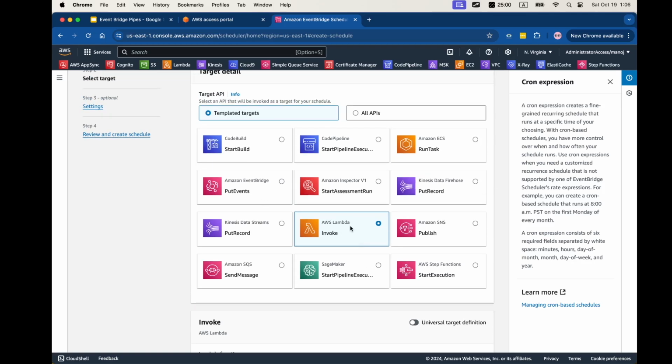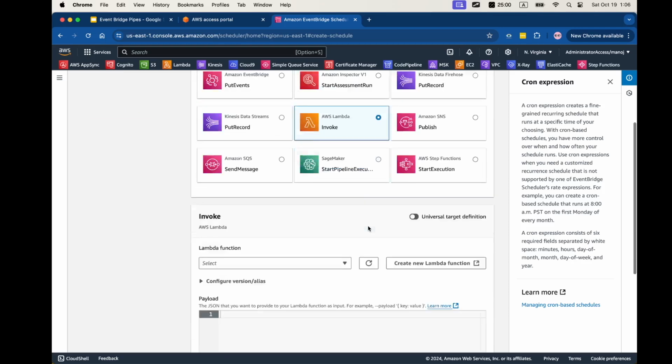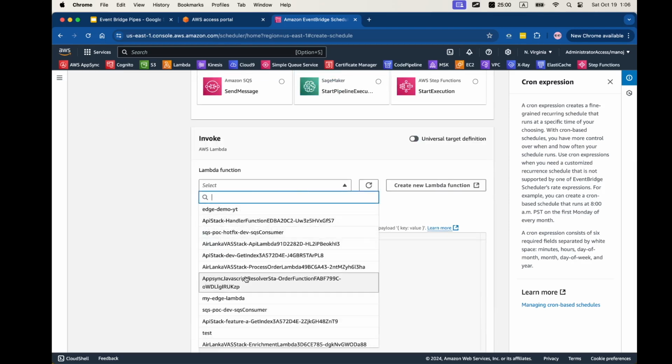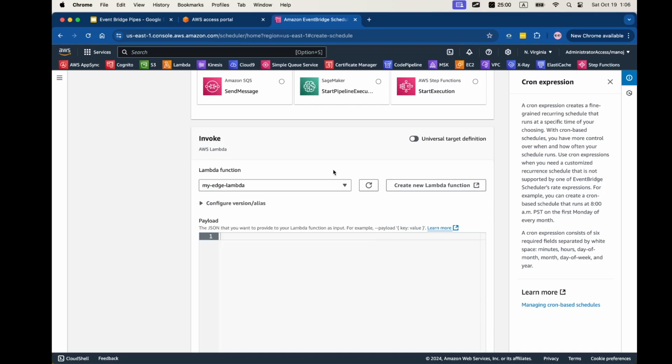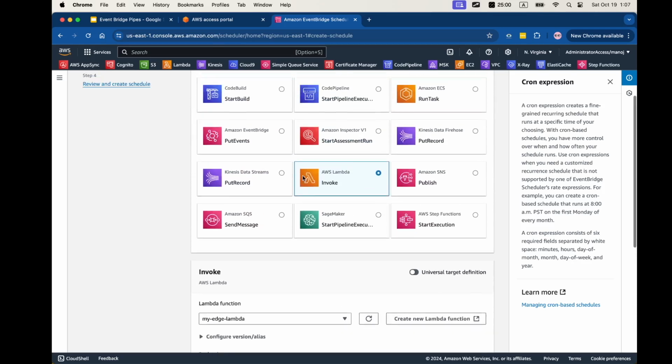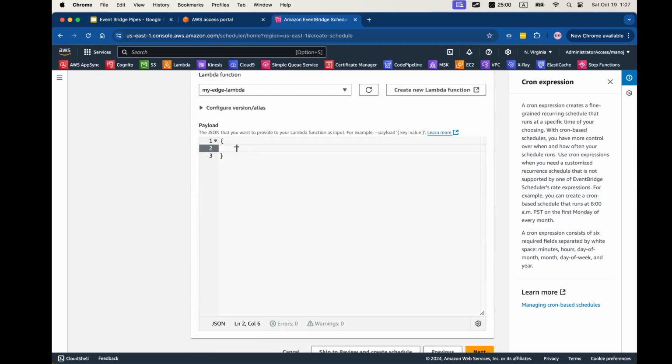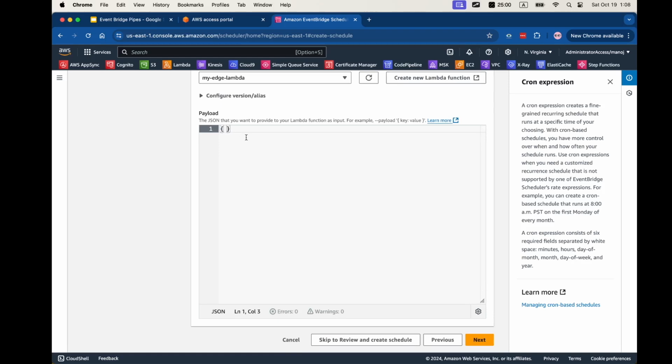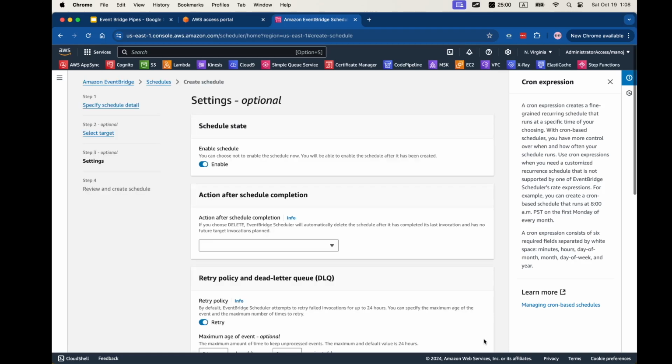So if you are using a templated target like this, let's say I want to invoke a Lambda function, so you can just select your Lambda function. So I will just select one of the existing Lambda functions, and then you can define the payload. So when you're defining the payload, you can add your attributes and the values from the message in the scheduler event. So you can say the name, and then you can map the data from your event. So we'll look at how to do that a little later during our demo. But here I'm not gonna set any payload, and I click next,